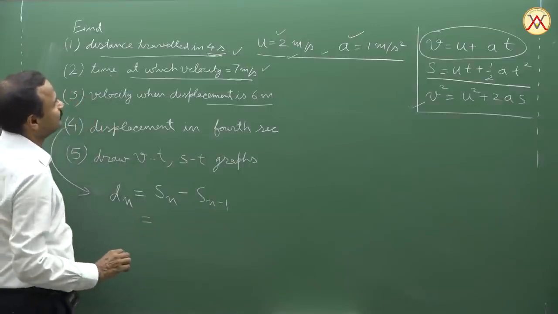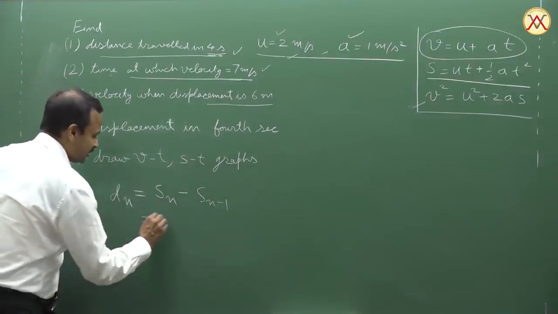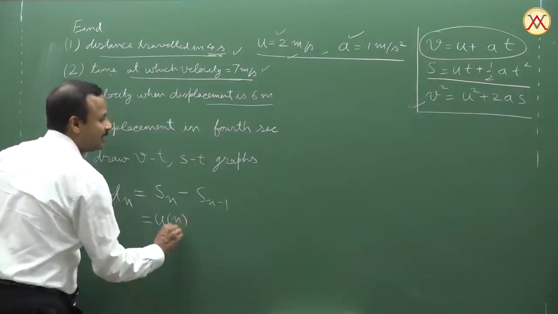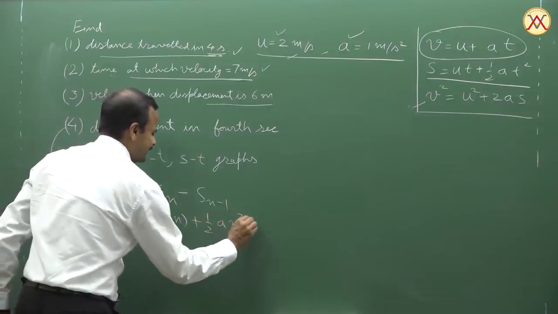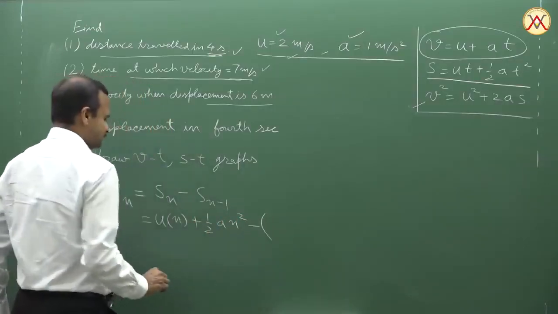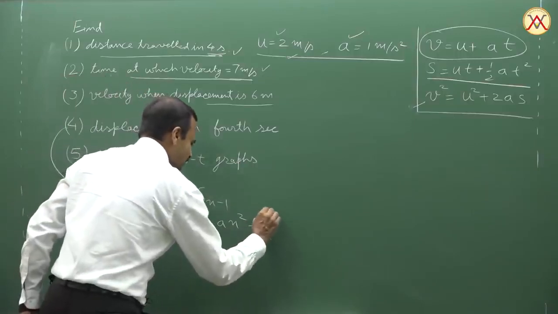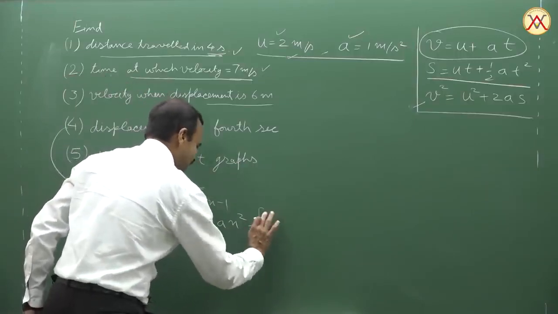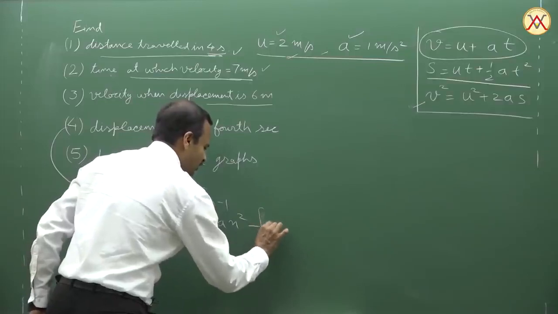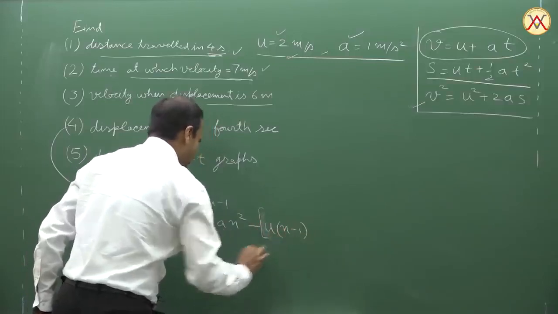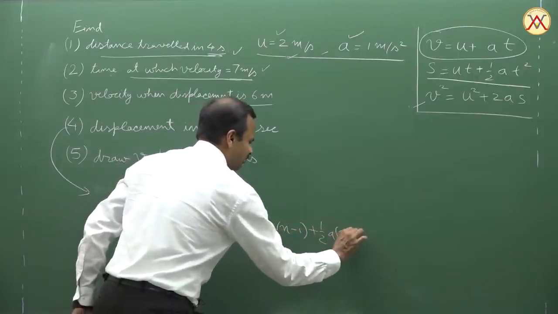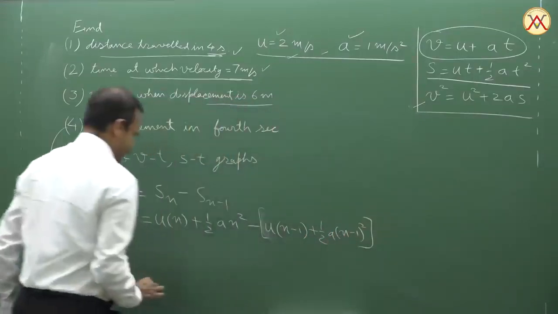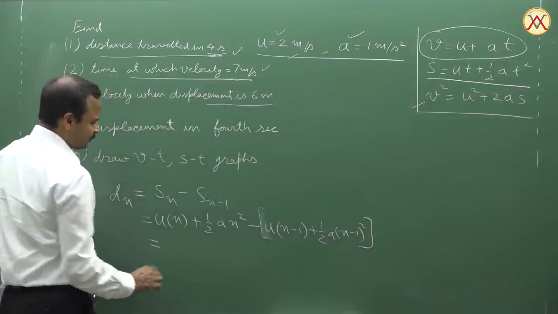So this will become, using the second equation, u into n plus half a n squared, minus u multiplied by n minus 1 plus half a times n minus 1 squared. And if we subtract this,